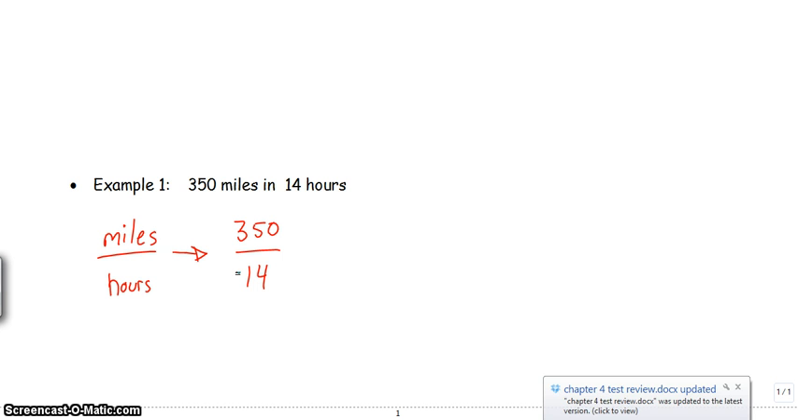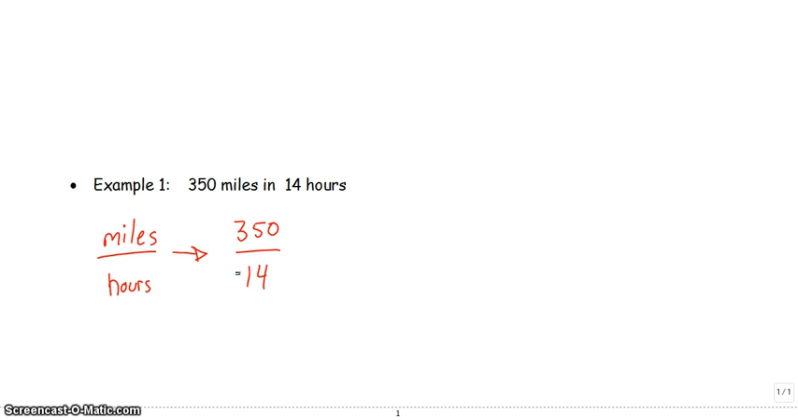So everybody should get your calculators out now. And in your calculator, go ahead and figure out what 350 divided by 14 is. And hopefully you've all had a chance to do that. We should see that we get 25. What this means is it's 25 miles in 1